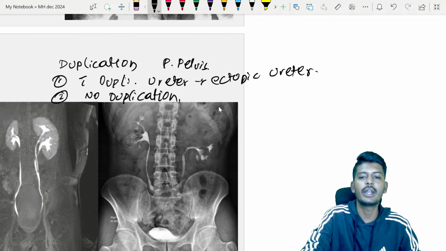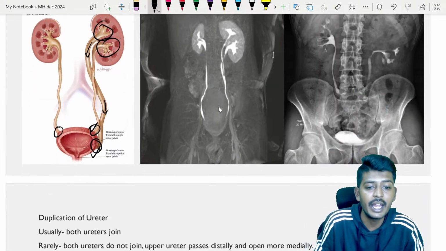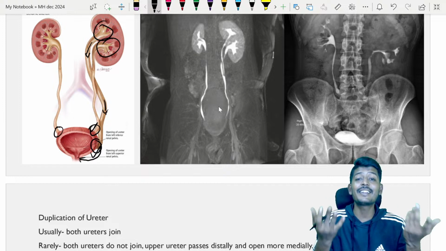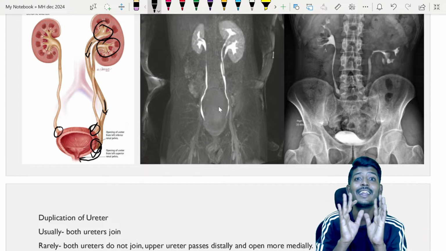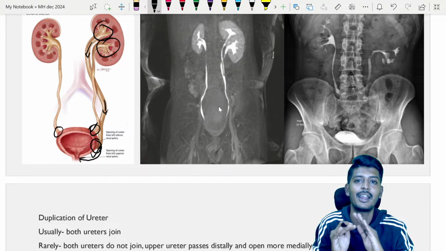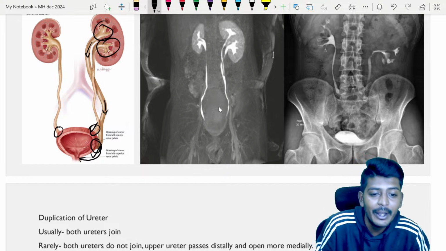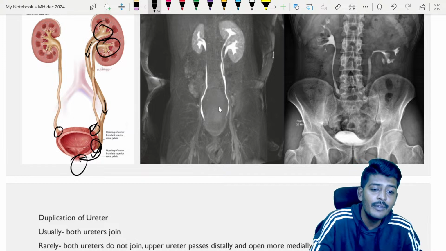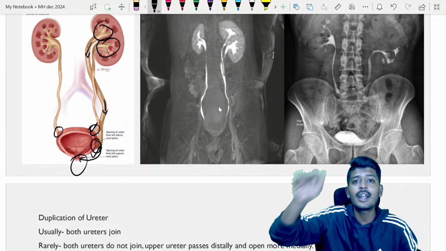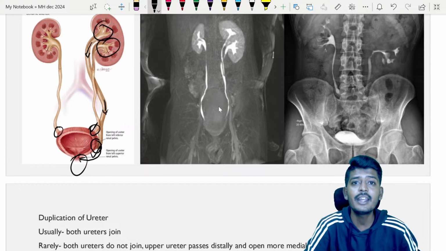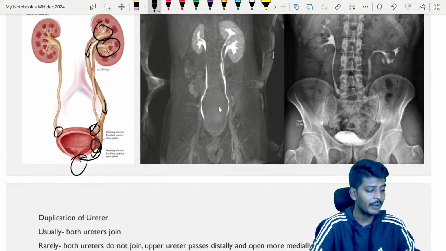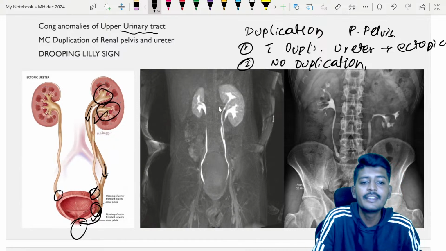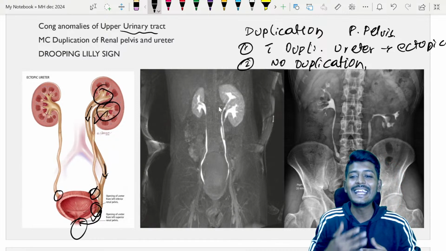Ectopic ureter can go anywhere. Ectopic ureter can come and innervate at the level of urethra. If it innervates at the level of urethra, urine will not hold. So what will happen if it goes and ectopically innervates at the level of urethra? Then continuously urine will go into the urethra. From the urethra it will start coming. So there will be urinary incontinence.